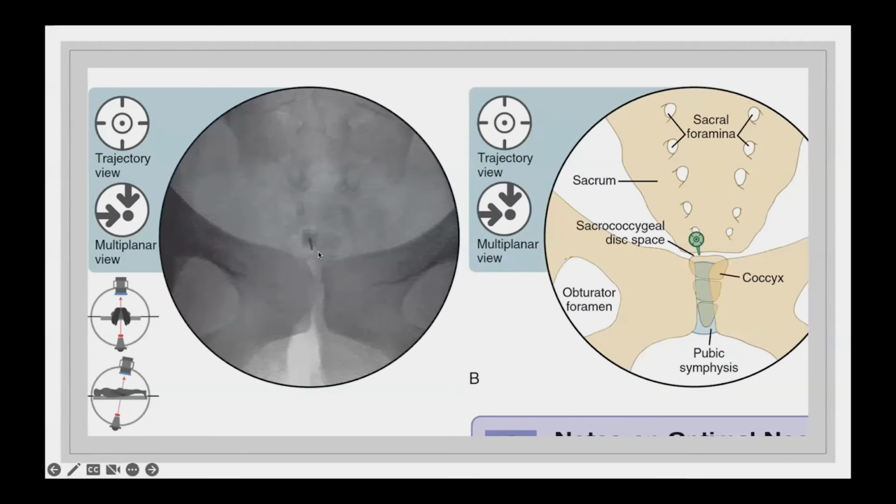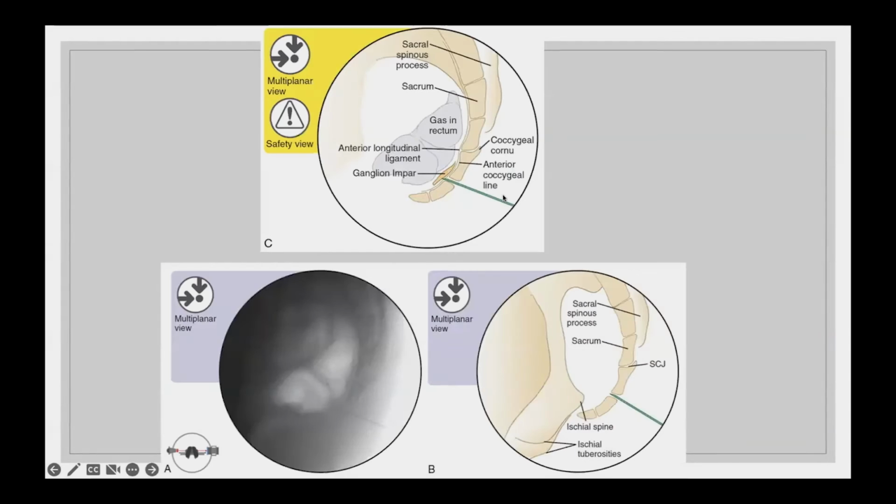And it looks like this under X-ray imaging. It's actually positioned in between the bones. So we go in between the bones through some cartilage. And then it's right before you get near the rectum. So we don't want to put the needle too far, but just right here, just after you bypass the bones.